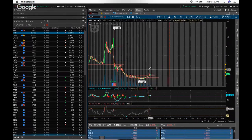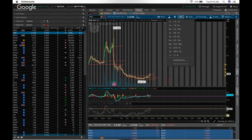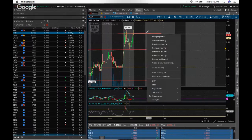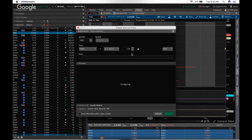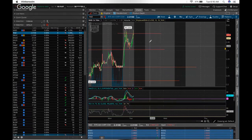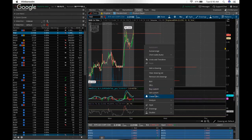If we can break above 250, then this is really when it's going to start making moves back up to this $3 resistance. So this could be a good stock to look out for today. Let's see. I'm going to set my alert, so I right click and then I click above 255 and then it will notify me. I'm also going to set my alert because right now it's up. Once it gets a little bit closer to the support,